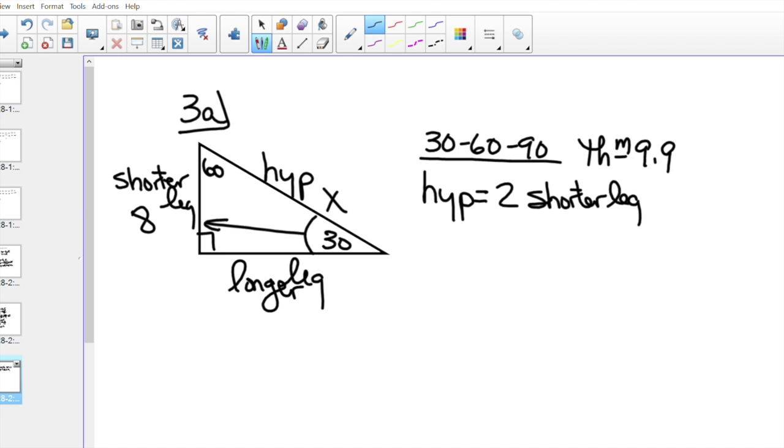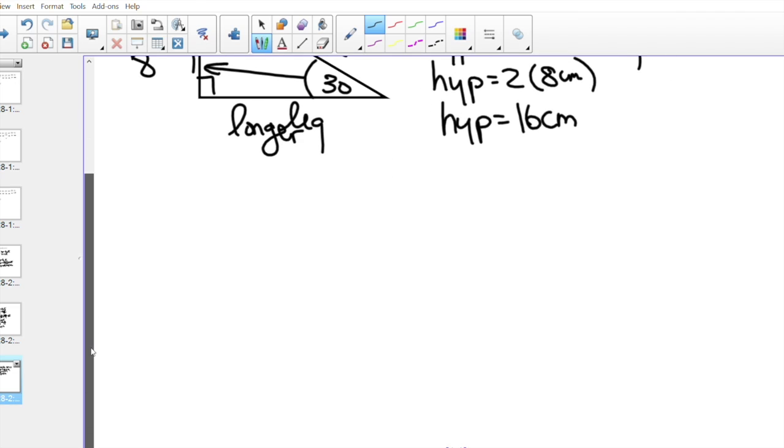So in this particular problem, it says to find the hypotenuse if the shorter leg is 8 centimeters. So the hypotenuse would be 16 centimeters. Now that's number 3A. Let's do